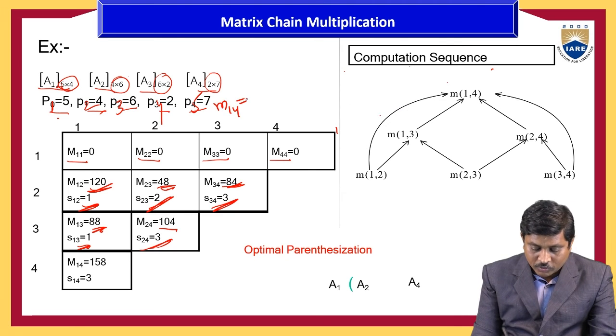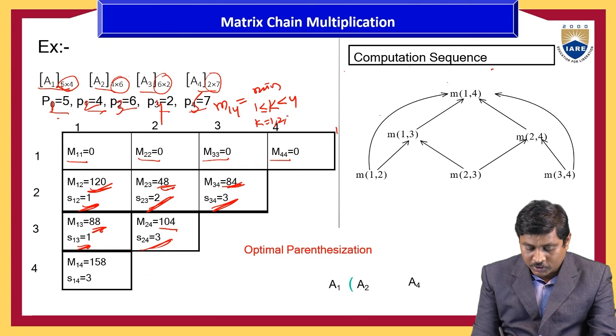M14 equals the minimum over 1 ≤ k < 4, so k equals 1, 2, 3. First, k equal to 1. M of 1, 1, k value is also 1, M of 2, 4